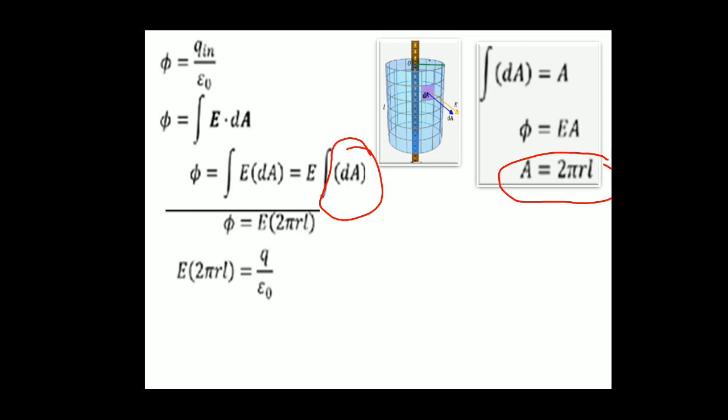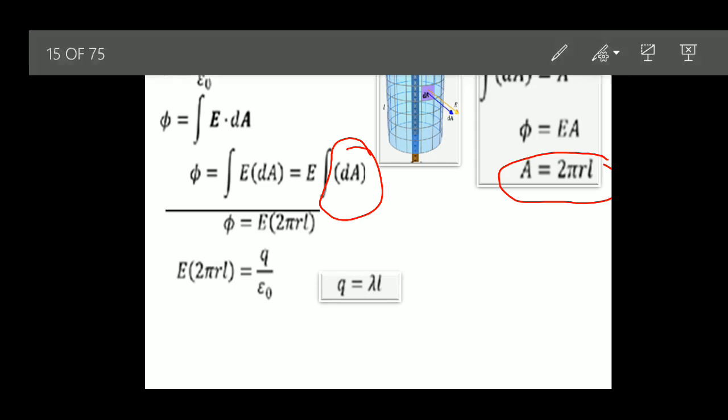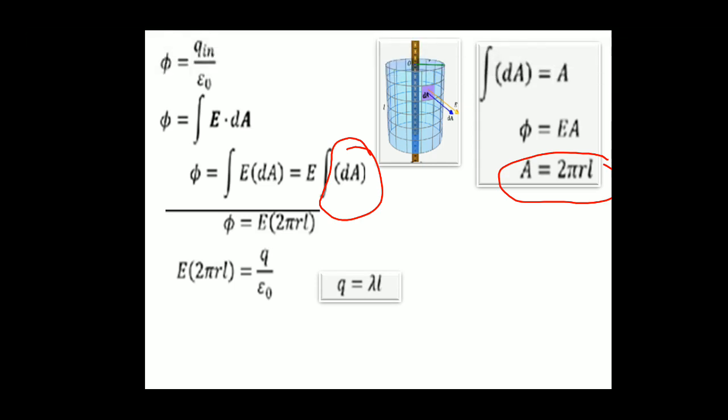What type of charge distribution? It's a linear charge distribution. In a linear charge distribution, you have already studied Q is equal to lambda into L. What is lambda? Linear charge density. So, can I substitute in the place of Q as lambda into L? So, in this equation, in the place of Q, I have taken from here and substituted.